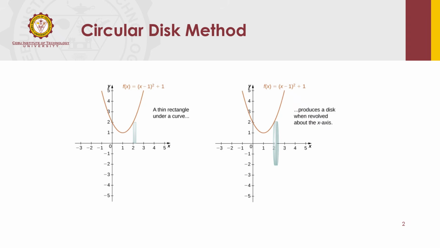The radius, the distance of the upper part of the vertical strip from the x-axis, is the radius of the circular disc. And we use dx for the thickness of the vertical strip. So the volume of one thin disk is just the volume of a cylinder, which is the area of the base. For this one, the base is a circle, and then you multiply that area by the thickness, or quote unquote the height of the cylinder.